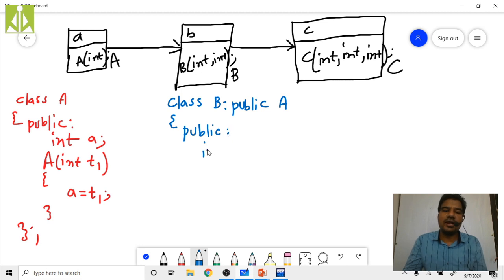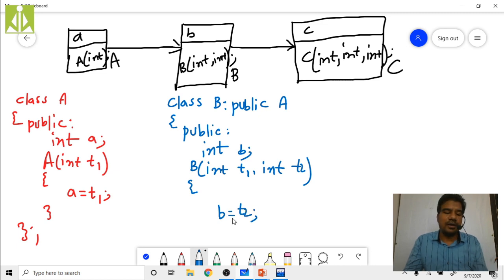Here you have to declare the data member B, int B. Next, write the constructor definition for B class, but with two parameters, int T1, comma, int T2. Here, initialize B with T2. I want to initialize this T1 to A.